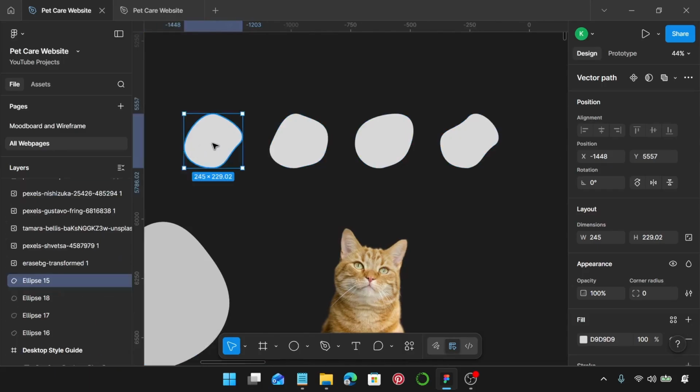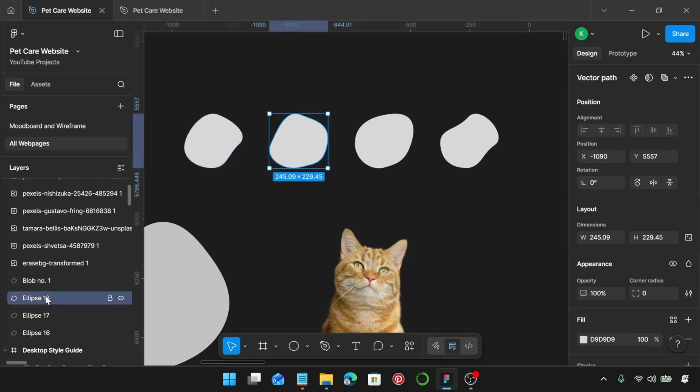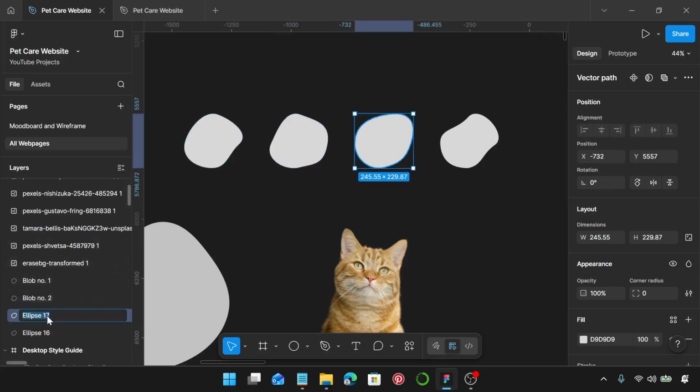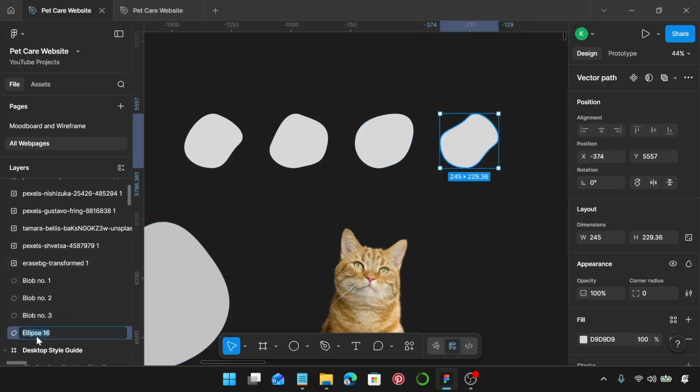just pick out your 4 blobs that you're going to use, select it, and then rename them. Let's name this blob, and I'm intentionally using number 1 because we're going to duplicate this, so that when we duplicate we can have things with unique names. So this is blob Figma. Let's see how it's going to rename it. Number 2, I'm going to name this one blob number 3, and this is blob number